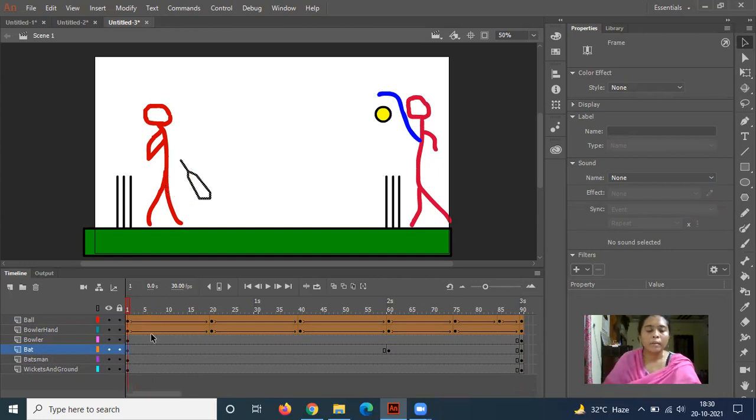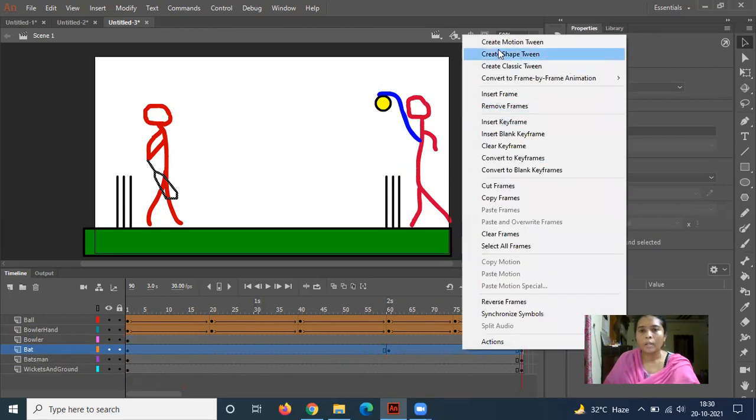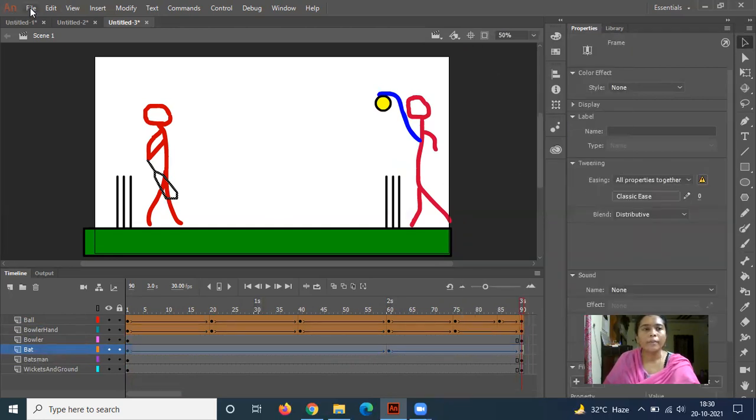Select this layer. The layer name is bat, and just give a right click and click on create shape tween. Save the animation.